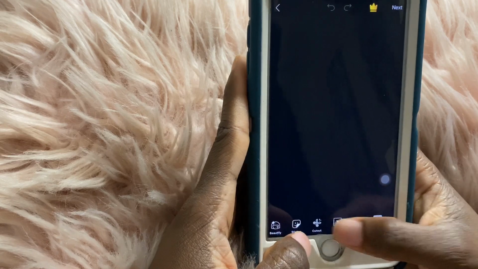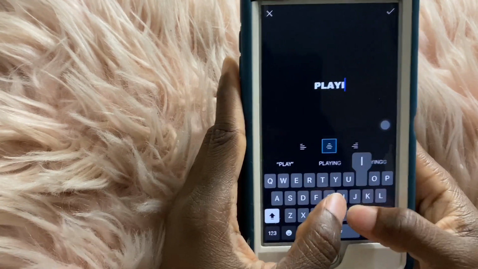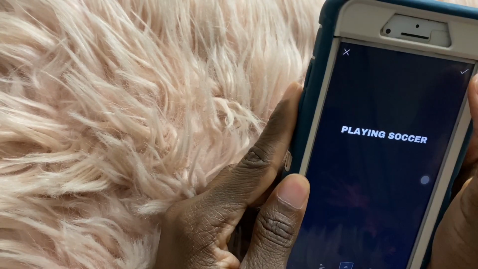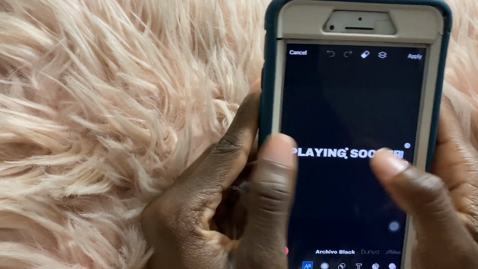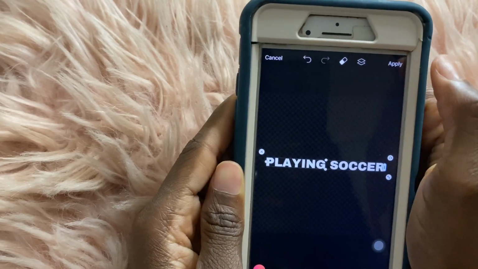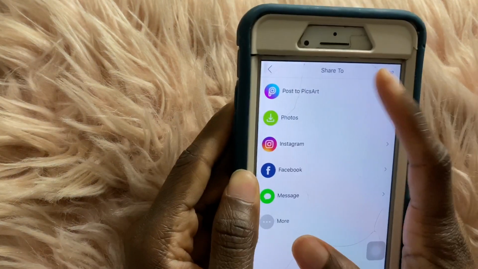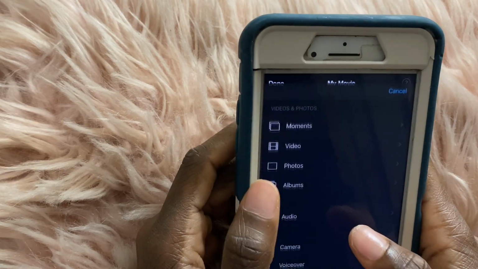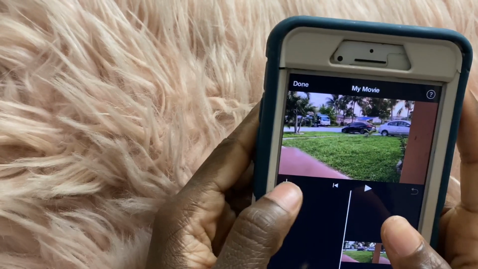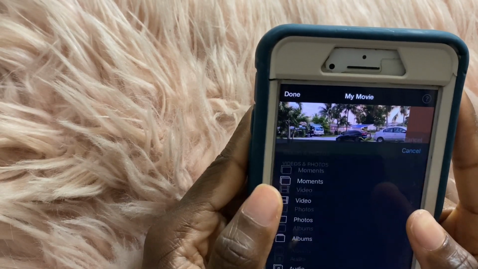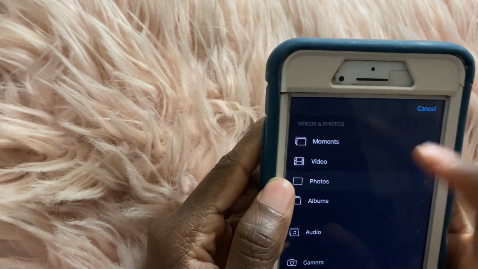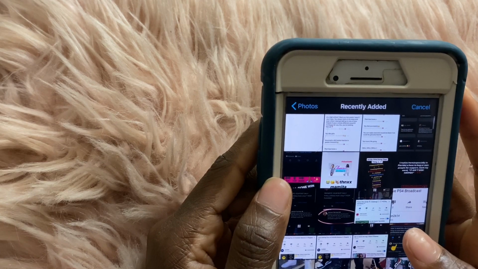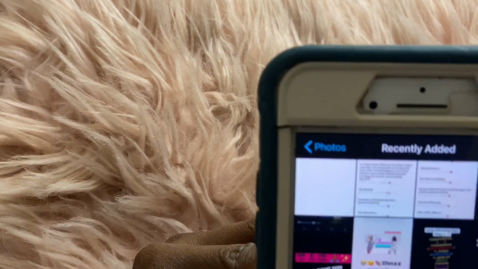So I'll just type the text in, playing soccer, and save it. So playing soccer, I'll just put it right there and press apply, and I'll just save it to my phone. I go back to iMovie, and then I press add. Right here, if you want to add videos, photos, anything, you press add, and then you have different options. I want to go to photos because I just saved the photo, and then I'll press add, and then that white background that you guys are seeing right here,